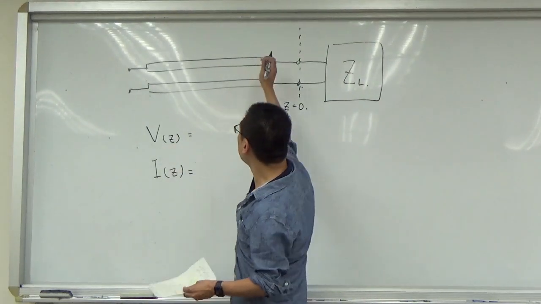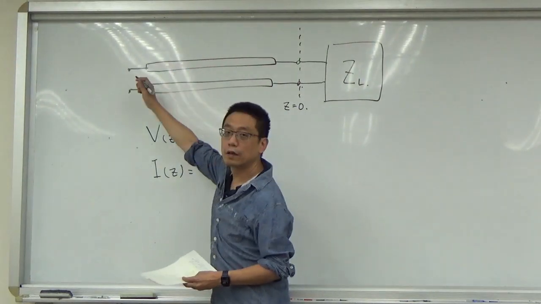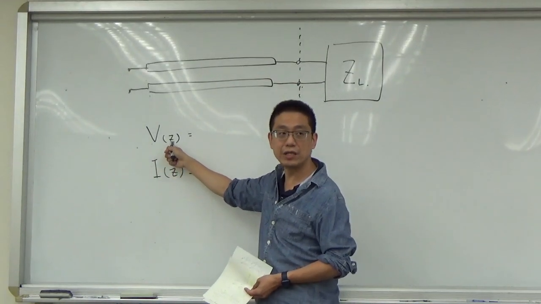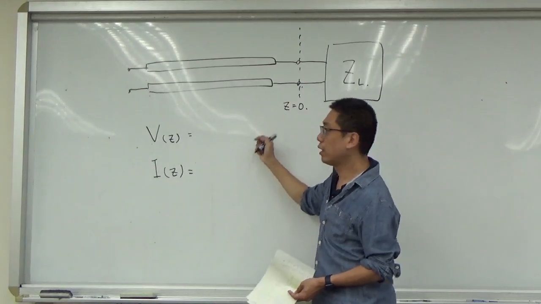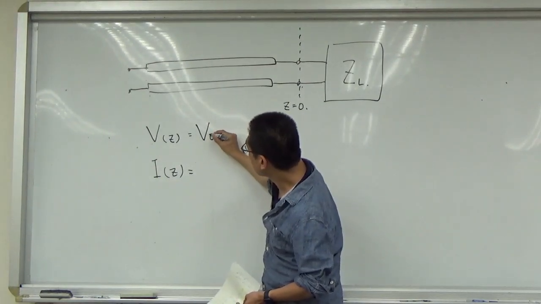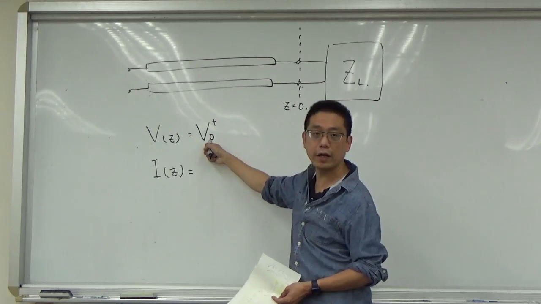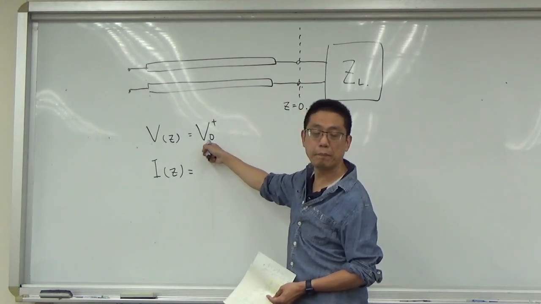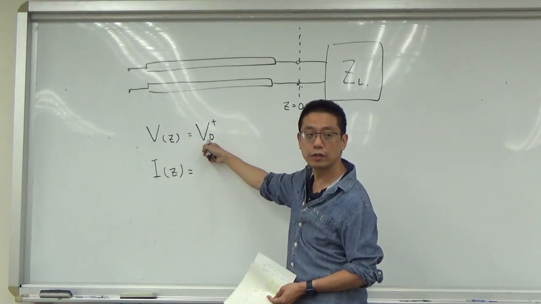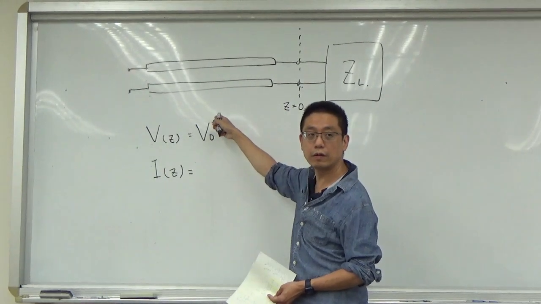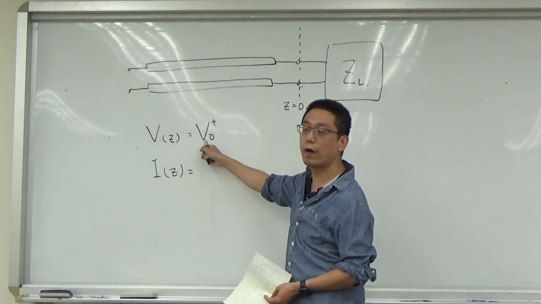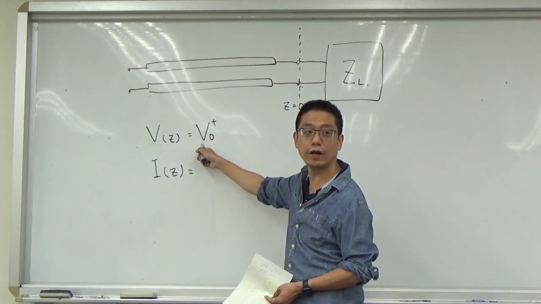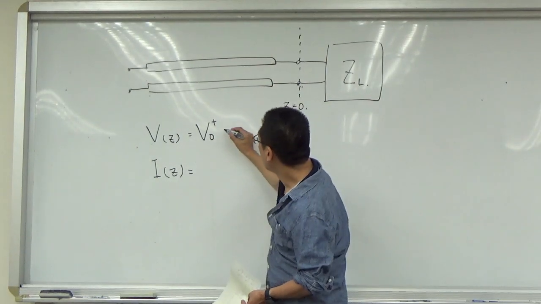So the voltage is a function of position z. It is V0 plus, I don't know what it is. This is the beginning, the magnitude of positive voltage is V0 plus, usually we will have this value at the beginning. This is kind of the start of your question. Multiply